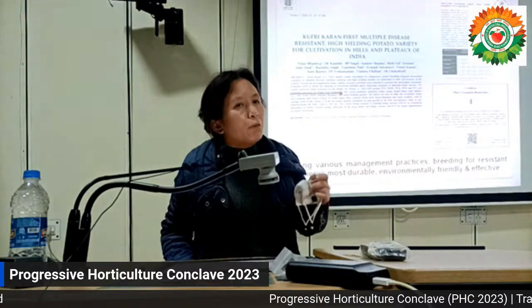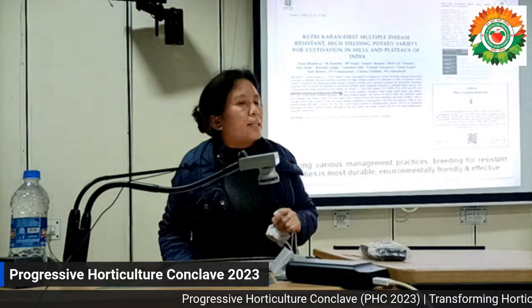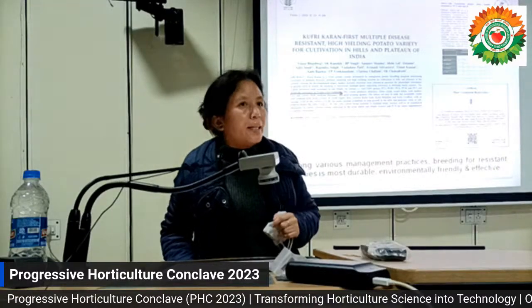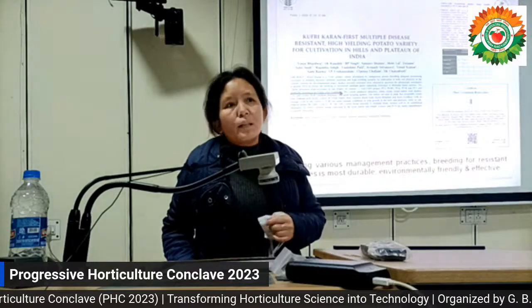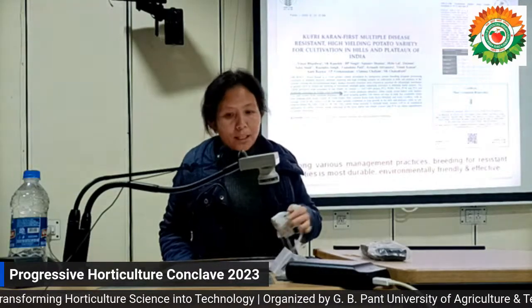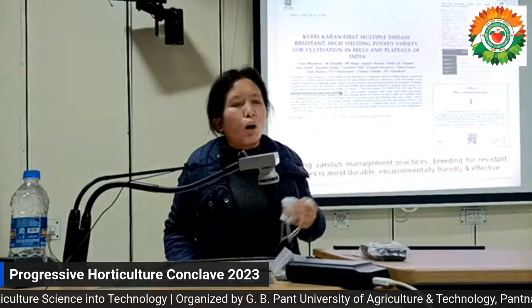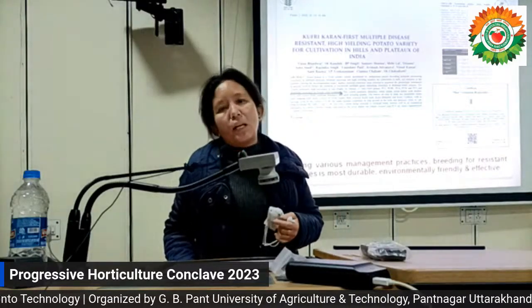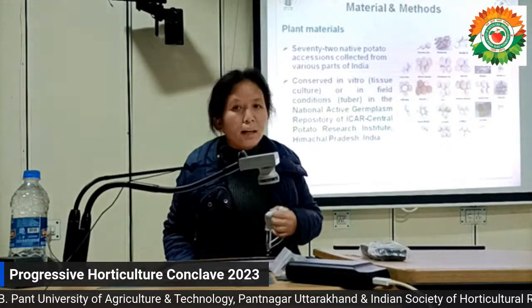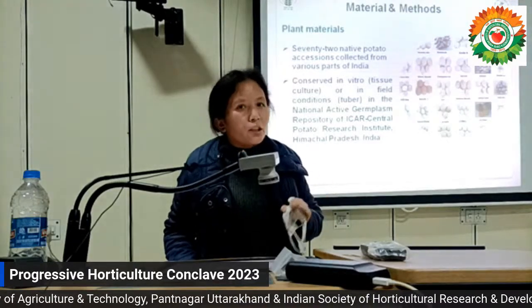So we came with one more advanced clone of potato, that is SM11120, that we have registered in NBPGR with the IC number, but still this advanced clone has certain drawbacks, and we are trying to mitigate them with agronomy. So this is just a glimpse of how we are managing potato cyst nematode and late blight in potato. Now coming to the materials and methods of my study, I took 72 accessions of native potato